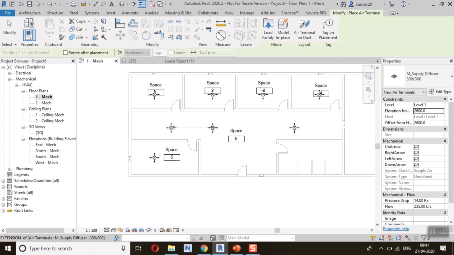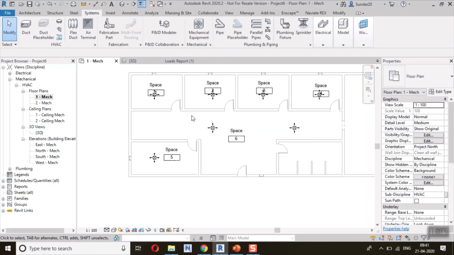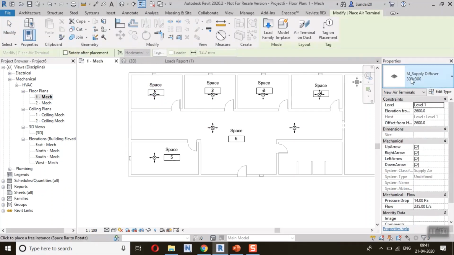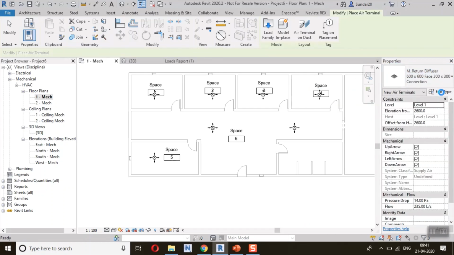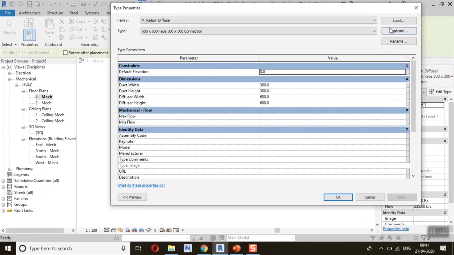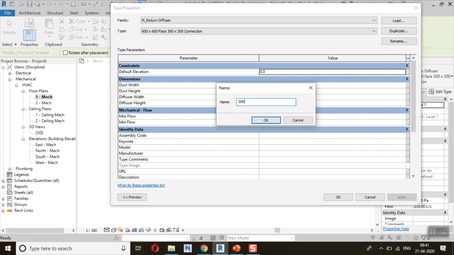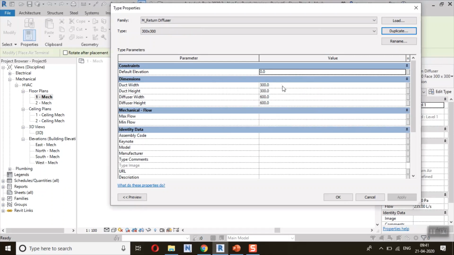So next step, we have to provide the return diffuser. Same, select the air terminal and select your return diffuser. You go to the edit type and duplicate and provide the same size here too. 300 cross 300. Okay.